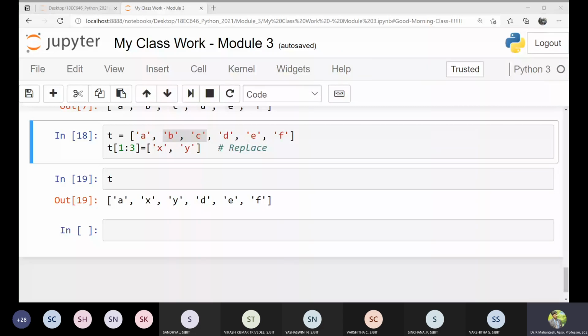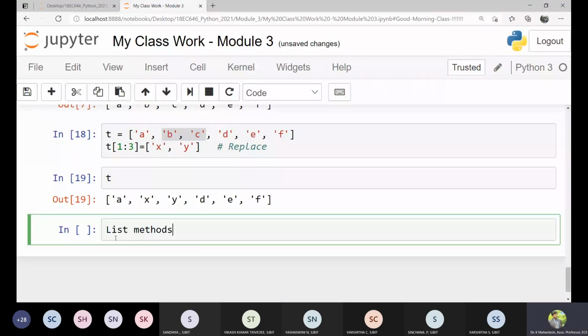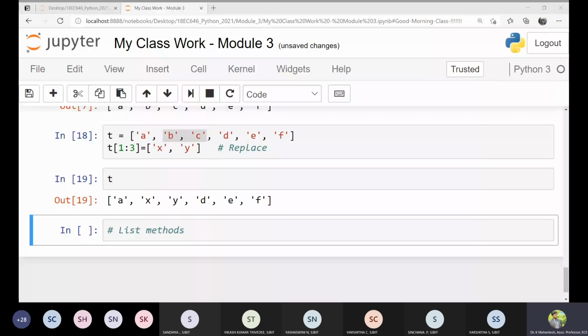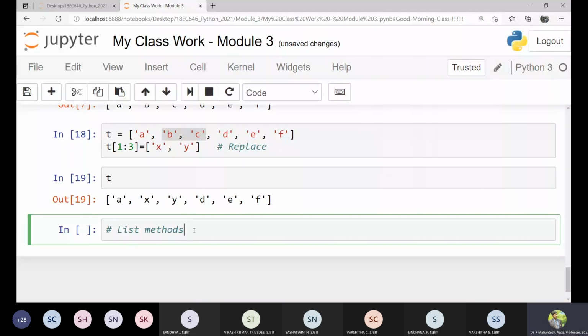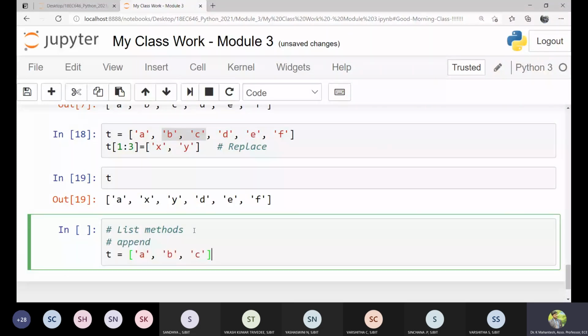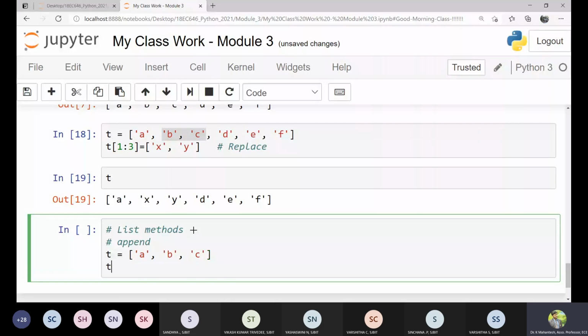Okay. So now we shall come to the list methods. As I've said, list methods, so that I can directly operate. Python provides many methods that can operate directly on the list. For example, append. Here I'll take an example of append. If I have a list T is equal to A, B, C. Now if I say T dot append,